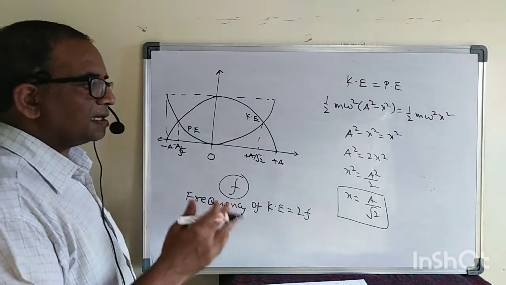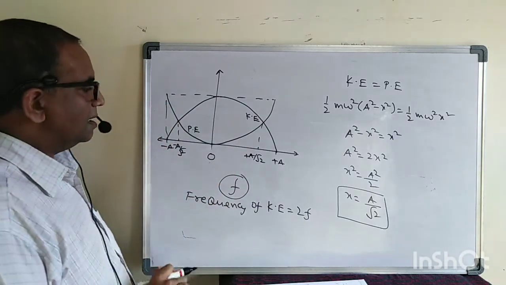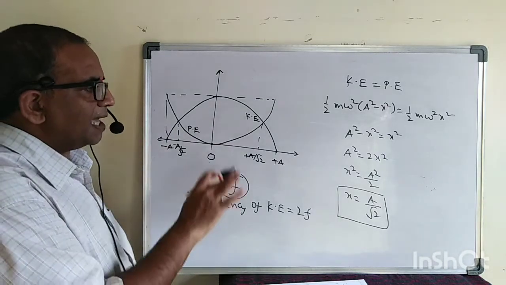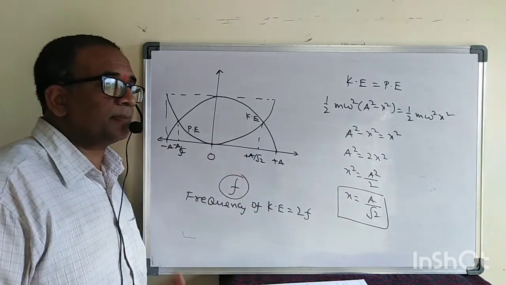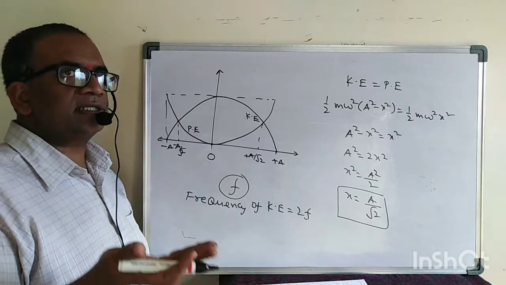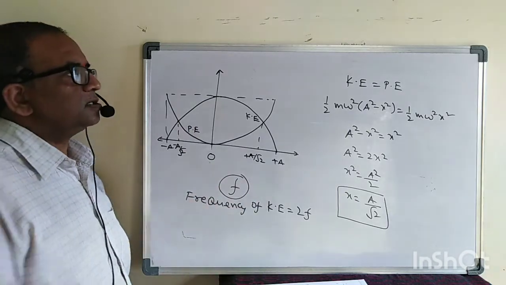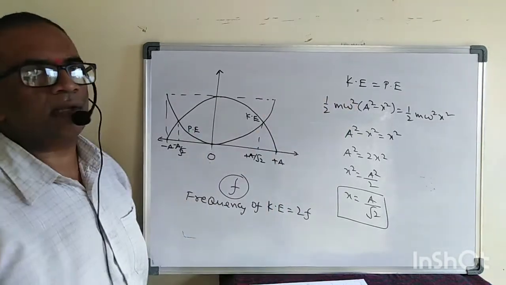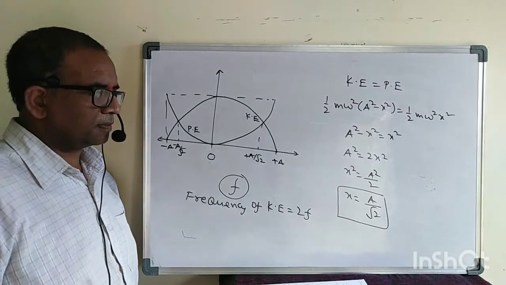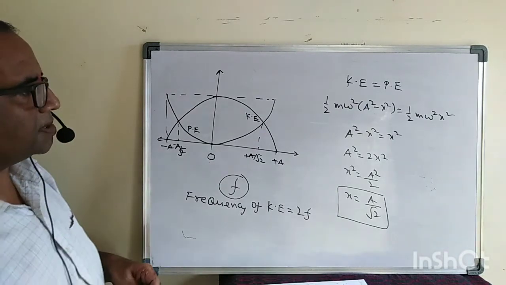Okay, this is another regular question they will ask in IIT, like at which point the kinetic energy and potential energy are equal. Or someday they may ask when kinetic energy is 3/4 of potential energy. In that case just use this particular formula, then you will get that answer. Okay, are you following what I am saying here?